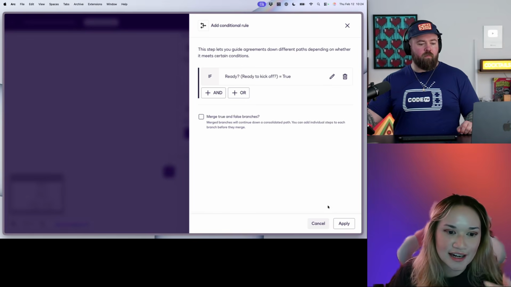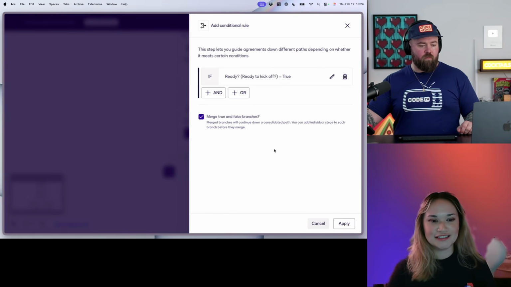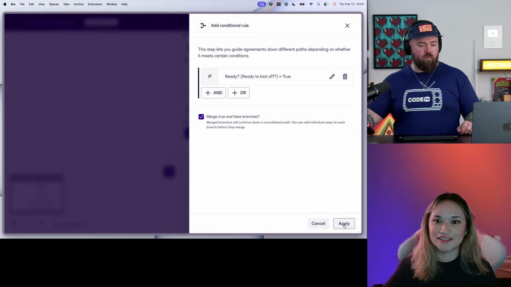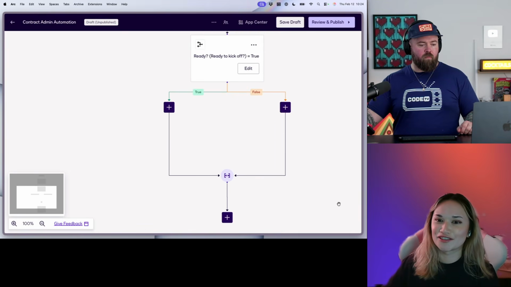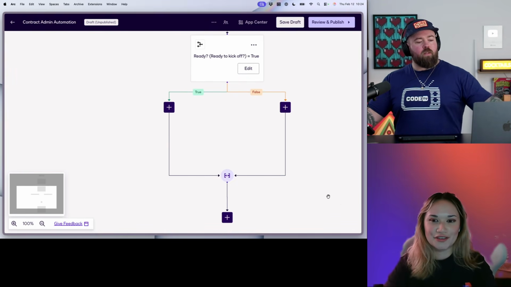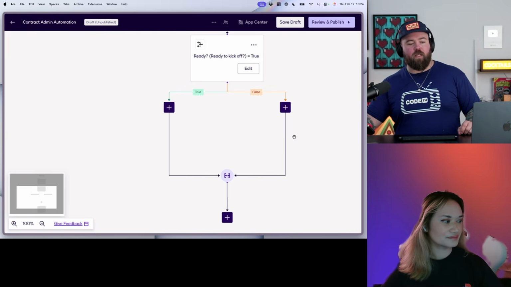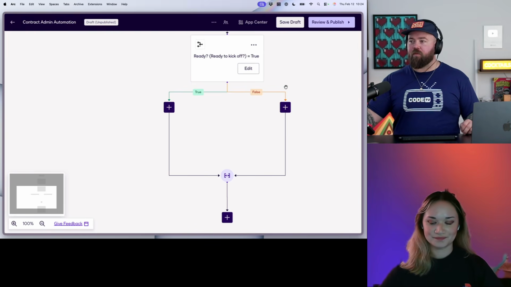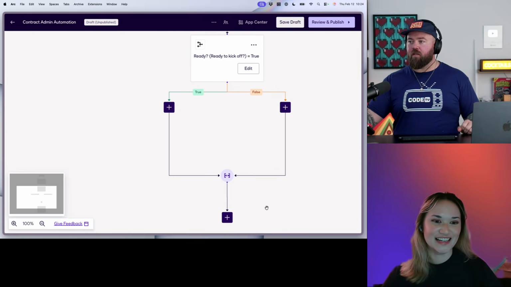That's it. I also like to check merge true and false branches, because at the end of this whole thing, ideally every client's going to end up in the same place, or the client is not interested in moving forward, right? If they need a review, something like that. So that's why it merges there at the bottom. So basically if they check false, then we need to send them back to review. Whereas with this one, we just continue them down the line. Exactly. Yeah. I got it.